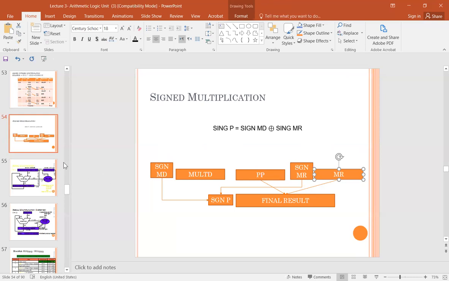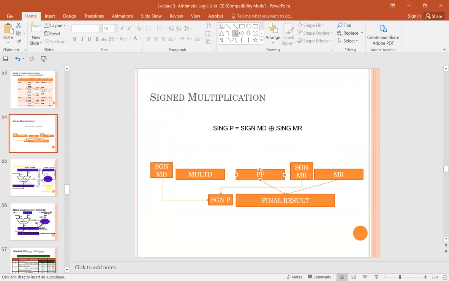Remember in our previous example when we had the diagram, this will be now of course the sign here for the final result. I will get it from the MR alone. It's 1 bit, and from the multiplicand 1 bit, so the PP and MR can be concatenated. I can have this result. So this shows that it's like a shift right. I don't like this, but anyway, that's how it is. I could have done the line from the PP to the MR as a right shift here, but